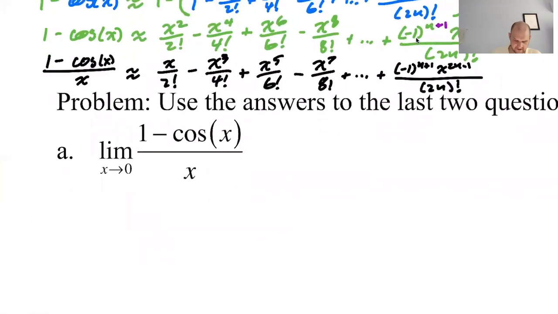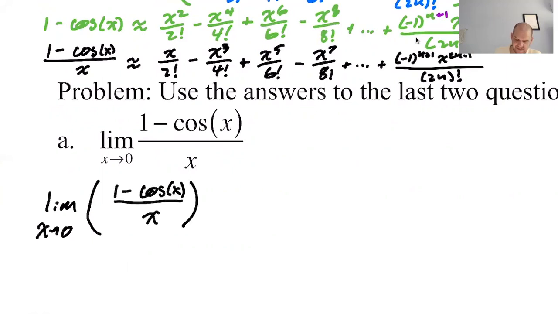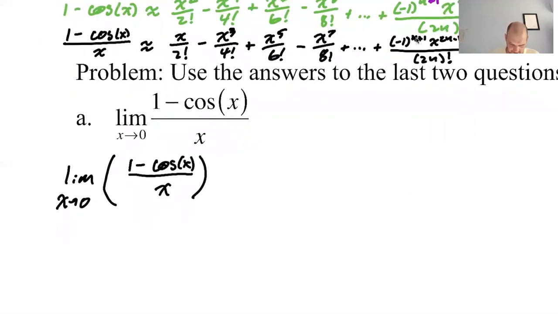Well, if you look at it, the limit as x approaches 0 of 1 minus cosine of x over x. Let's say we could go forever, right? You have to kind of believe that that would work. If 1 minus cosine x over x is approximately the polynomial that we wrote, then if we wrote more terms of our polynomial, it would be even closer to that, because as you write more terms, you get more and more accurate. So if we could go to infinity, it would be exactly the same. So what I'm going to do is replace 1 minus cosine of x over x